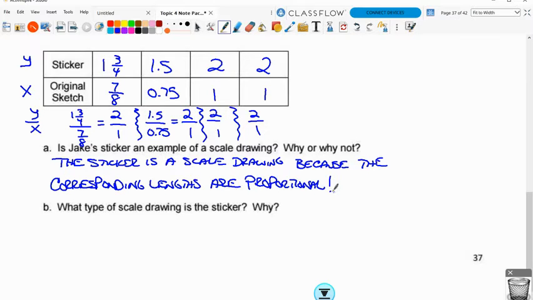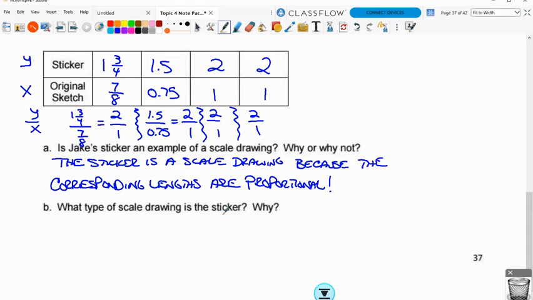We simplified all of the rates down to a unit rate, and we saw that there was a constant unit rate. So this means that we have a proportional relationship. Since it's proportional, that means that the sticker is a scale drawing, and B is asking, what type of scale